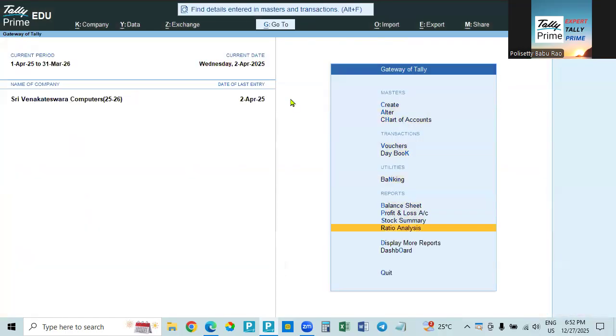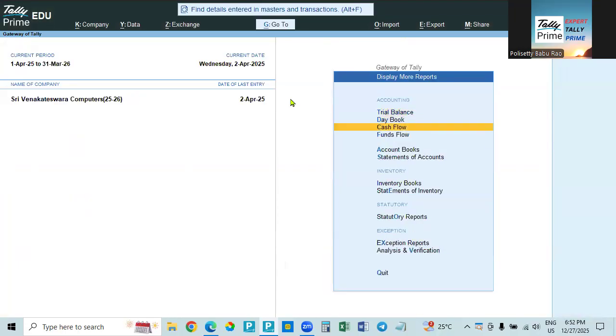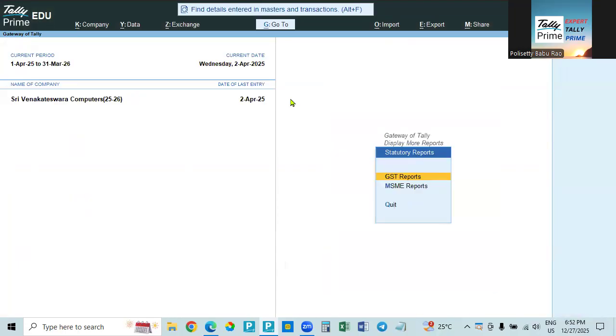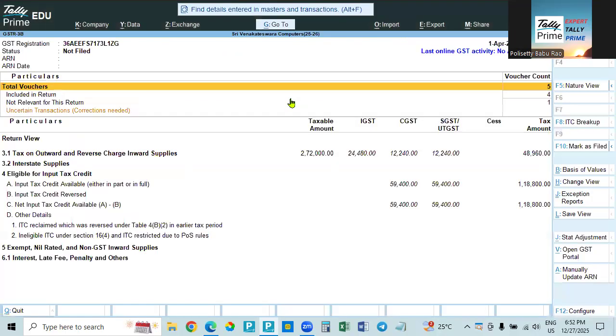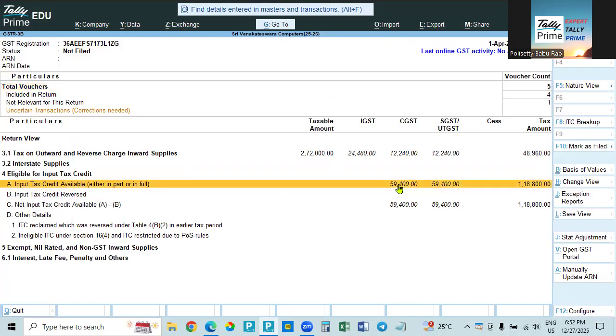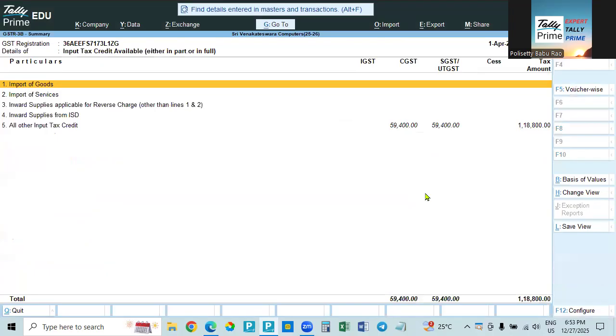Why should it be given? If you go to the reports, this is the purchase. It will be shown in the 3B. Purchase will be shown in 3B, that is, it will go to 2B, and from 2B it will come here. Here outward supplies, this amount will not be shown. Inward supplies, there are two invoices. I mean, two bills are there, credit as well as cash. But here, see, both are